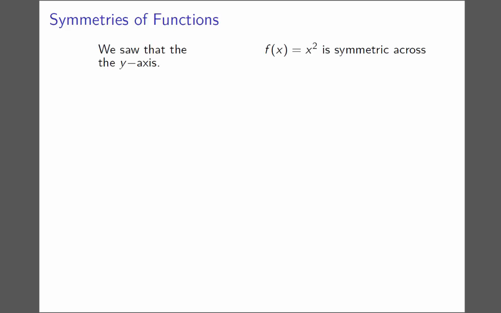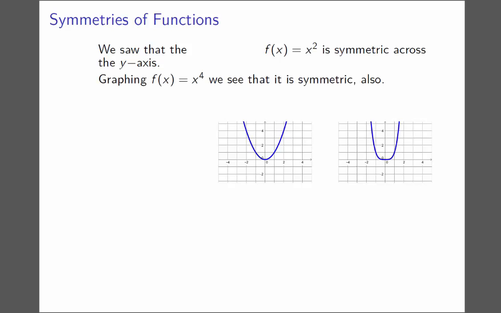We saw that the squaring function f of x equals x squared is symmetric across the y-axis. This means that if we were to reflect the picture across the y-axis, we would get the same graph back. If we were to graph f of x equals x to the fourth power, we would see that it has